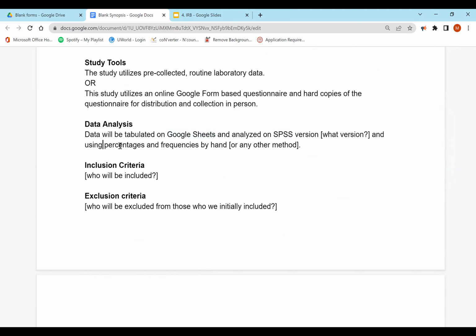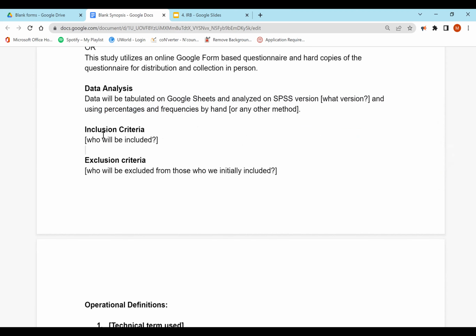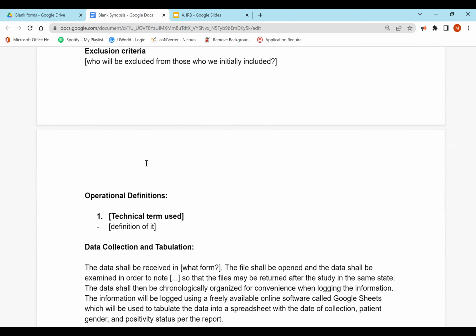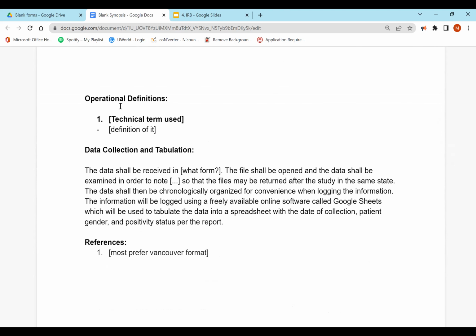And percentages and frequencies just means counting up how many people said this, how many people said that. Very easy. Inclusion criteria and exclusion criteria we've gone over in previous lectures as well. Operational definitions can be a little bit tricky, but basically any technical term you use, something that maybe a layperson wouldn't understand, you should write it here and then write the definition of it so that people can follow along